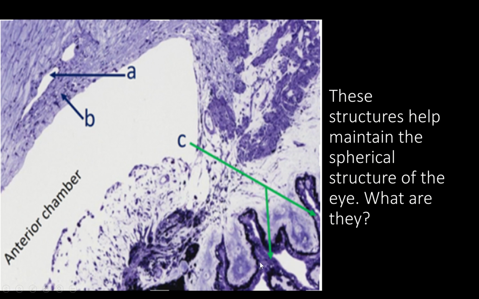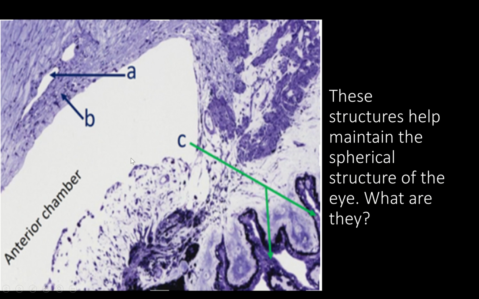And so they're going to be secreting that aqueous humor, right? That aqueous humor is going to go all the way around the other side of the iris, and this trabecular meshwork is what's going to allow the aqueous humor through to the canal of Schlemm to drain, but it's not going to allow too much, just enough, right, to maintain the pressure of the eye. So go over that again if you need to, but basically it's trying to keep the eye at the